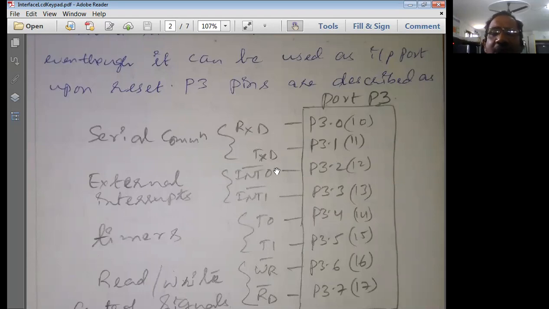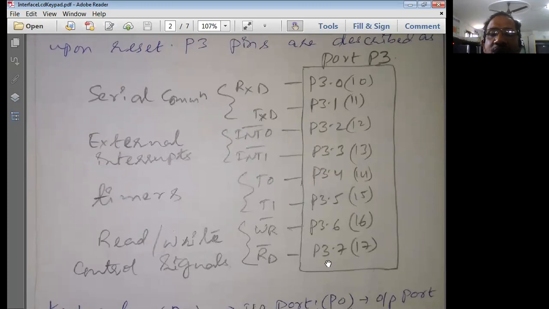These two are known as external interrupts. Then P3.4 and P3.5 are the two internal timers, T0 and T1. And P3.6 and P3.7 are used for write and read operations.